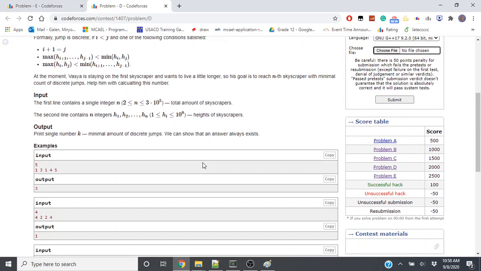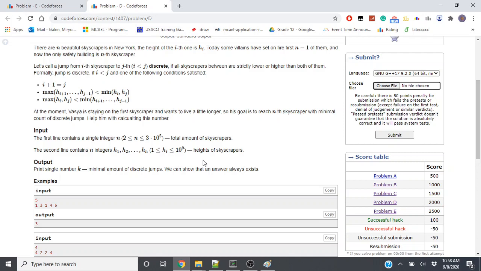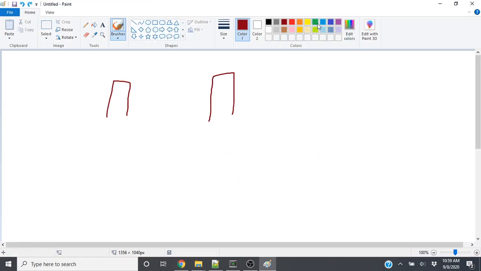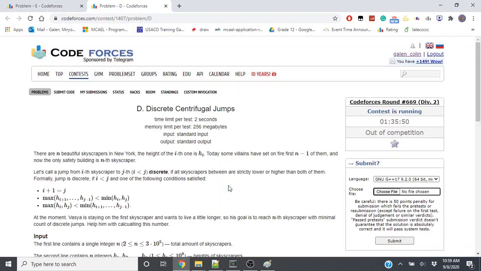So I'm guessing there aren't that many discrete jumps. No, never mind, there can be many. We can have something like this. So we have this, then huge, then less huge, then less huge, then less huge, then less huge, then less huge. And all of these are discrete. So that doesn't work that well. However,